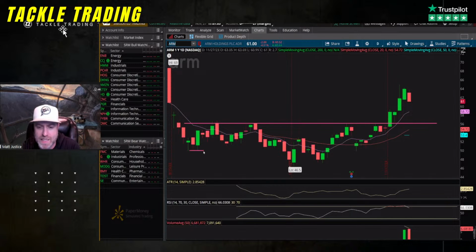Now, this technically is what we refer to as a head and shoulders formation. It's one of the more standard bullish reversal patterns. You got the W, you got the head and shoulders. Regardless of the naming of the pattern, do you see where it goes from this level of support to now this level of support? That increase in support is extremely significant. I know it doesn't look like it. You're just looking at all these different candles, but that specific pattern stands out to me like a sore thumb